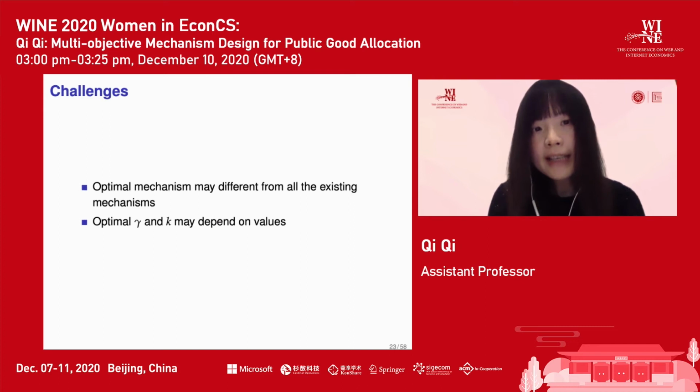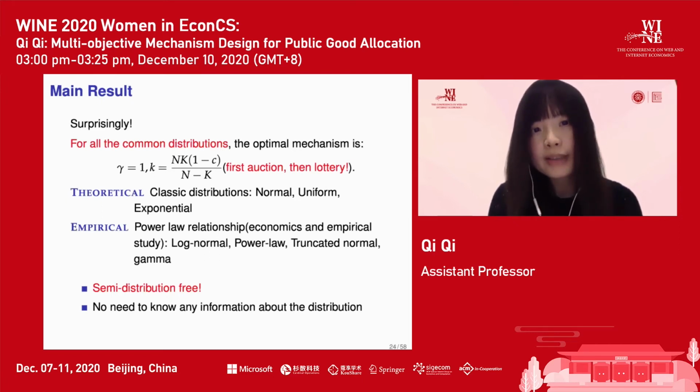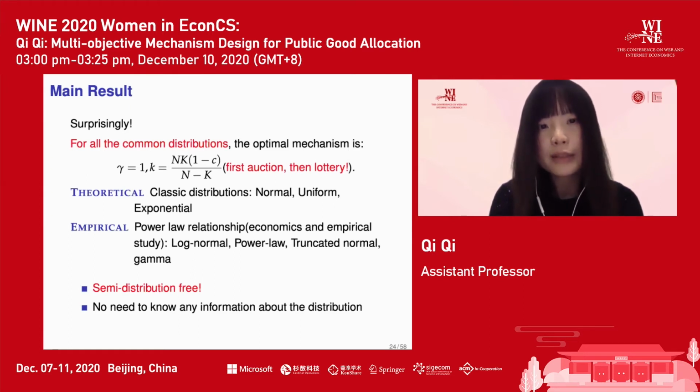The difficulty is that the optimal mechanism is different from all the existing mechanisms, and the optimal gamma and K depend on the value distributions. But very surprisingly, we found that for all the common distributions, including the classical distributions such as normal, uniform, and exponential, and also power-law relationships like log-normal, power law, truncated normal, even gamma distribution,